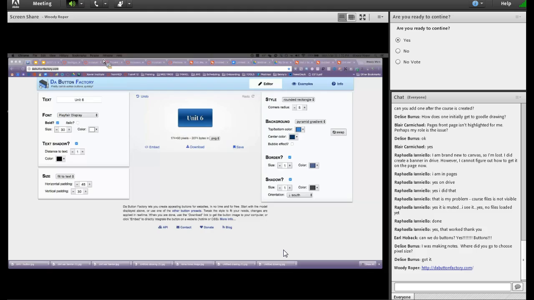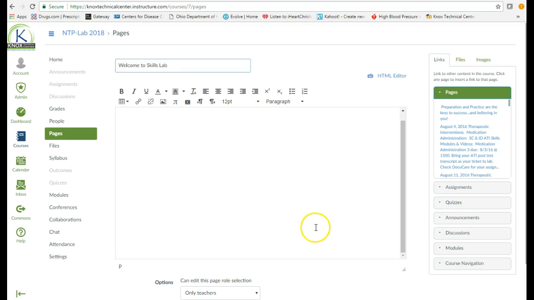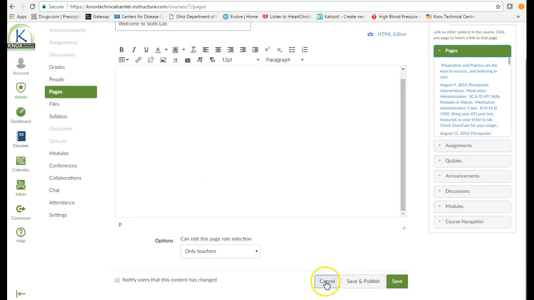All right. So here's what I want you to do. I'm going to give you another activity. On the page that you're on, use that header functionality. Highlight it, choose whether it's a header 1 or 2, just to resize those things and make them pop. Add a table there, and also add content within your table. You can add items, whether it's an image, you can do that, or you can